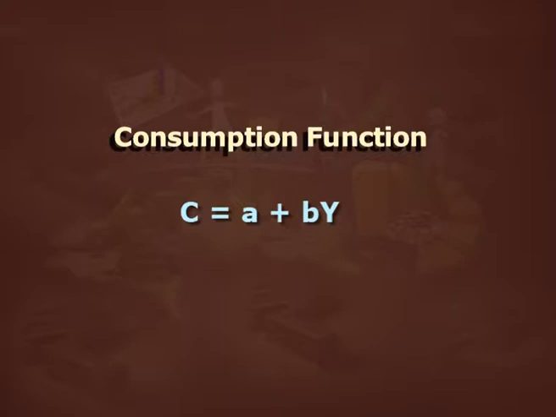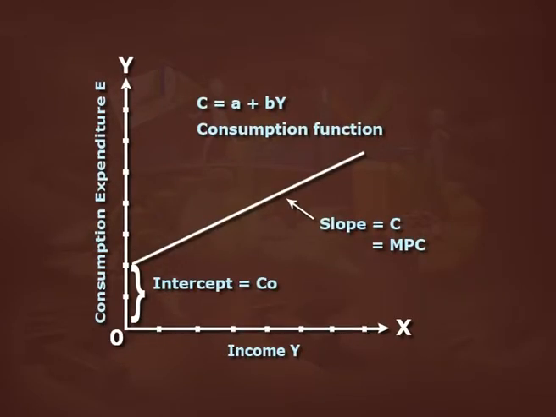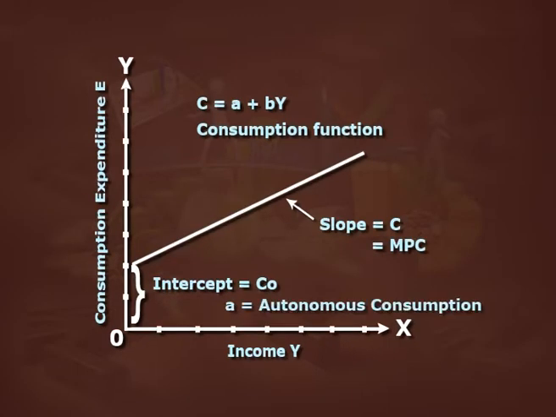Let us understand consumption function with the help of a figure. Here, A is the autonomous consumption, that is, even when income is 0, the constant amount of consumption a person has. b is the propensity to consume, which depends on income Y. That is, as the income increases, there is increase in the consumption at the constant rate. Thus, b is known as marginal propensity to consume, which lies between 0 and 1 and is constant for any level of income.